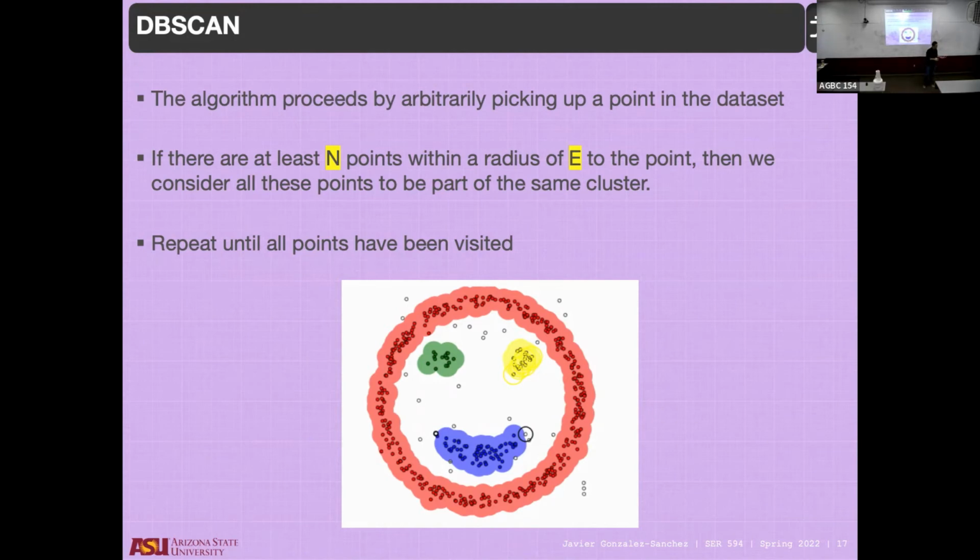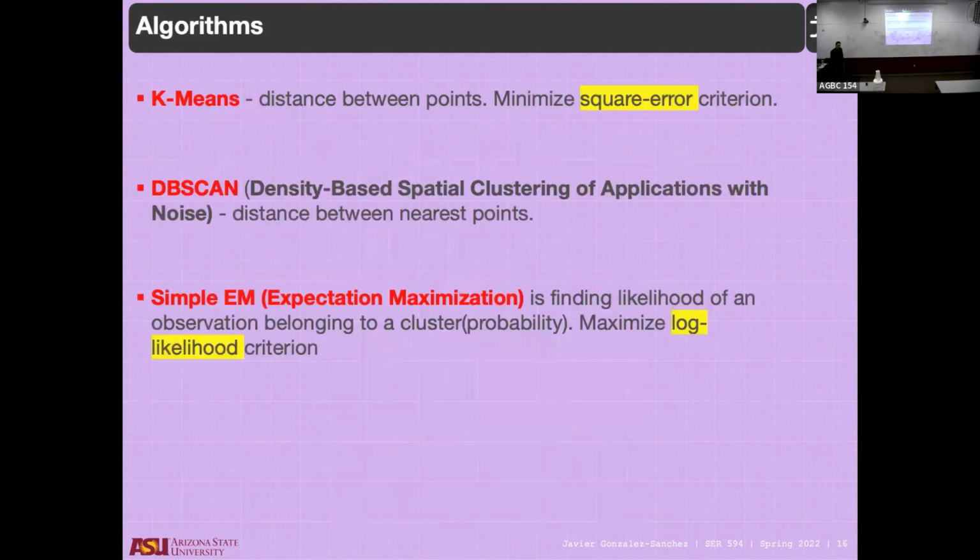Remember the name? Density, with noise. What does it mean, noise? That not all the rows are going to be part of one cluster. There are going to be rows that do not belong to any of the clusters that I am creating. And notice the difference with k-means. In k-means everyone belongs to one cluster. With DBSCAN,